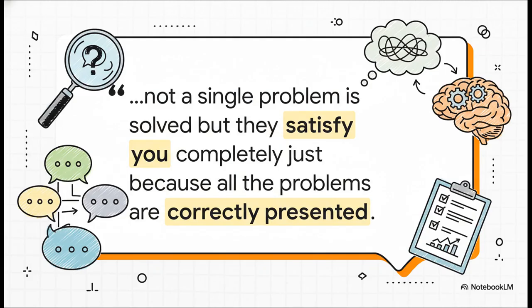I love starting with this quote from Chekhov because, really, it gets to the absolute heart of how applied linguists think. See, the goal isn't always about finding some single perfect solution. Not at all. The real power is in looking closely, in analyzing, and in correctly framing the problem in the first place. It's all about understanding that complex, messy web of things going on in any real-world situation that involves language. You've got to get the diagnosis right before you can even start thinking about a cure.